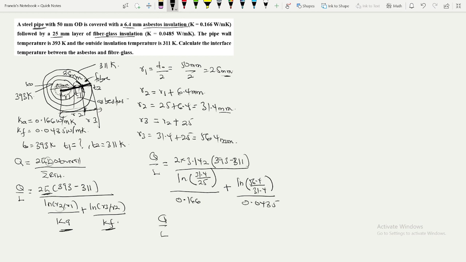Evaluating the numerator, 2 times 3.142 multiplying 393 minus 311,